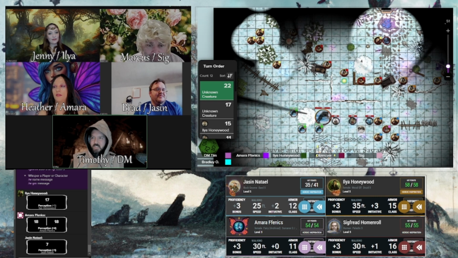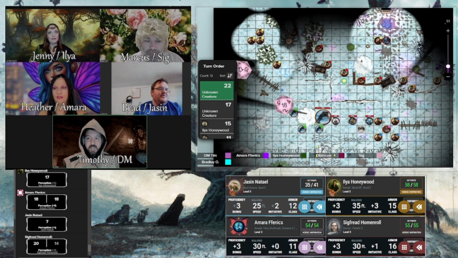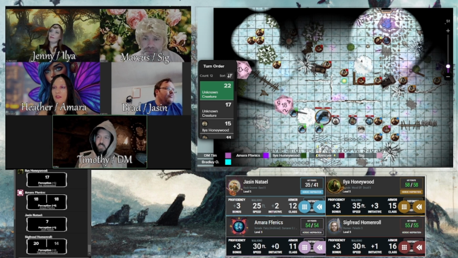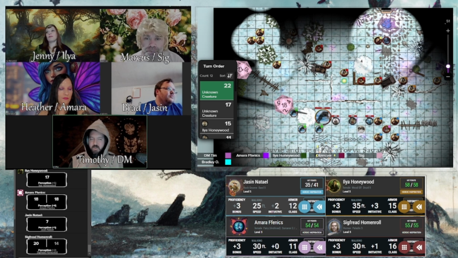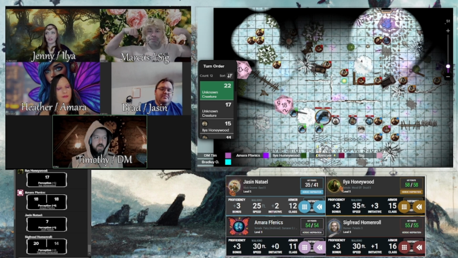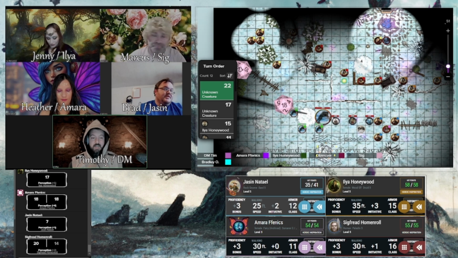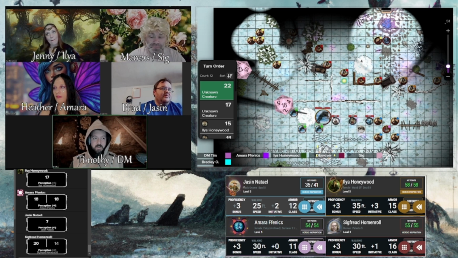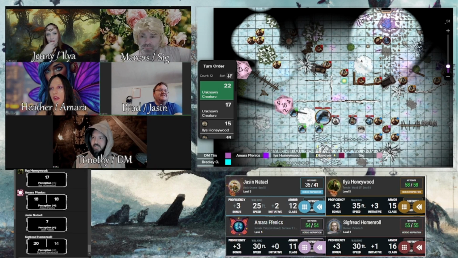So as I was mentioning, I don't remember if you heard the beginning part, but as this dragon arrived on the field, it kind of changed the dynamic of everything, especially as it began shape-shifting into this crystalline fey creature standing before you. And Sig with a nat 20, or is that a nat 20? Oh no, just say 18, it's a plus two. Okay. But with a 20, actually, Amara, Ilya, and Sig all notice this. Jason, you're not sure who this creature is. I am going to send a whisper to the